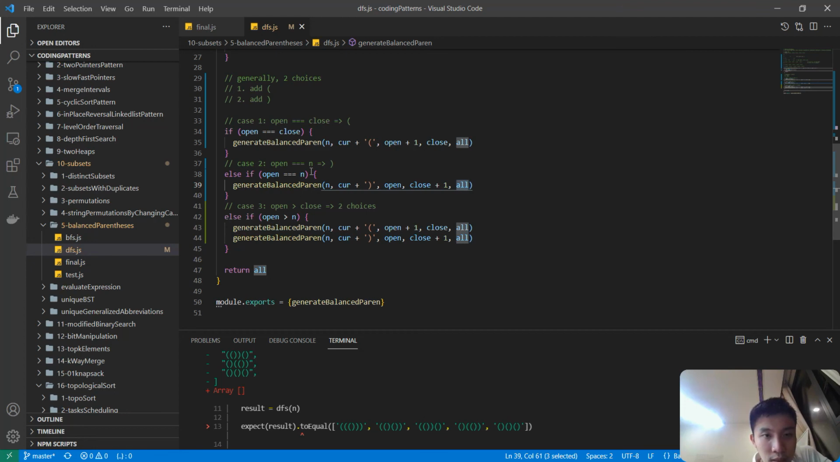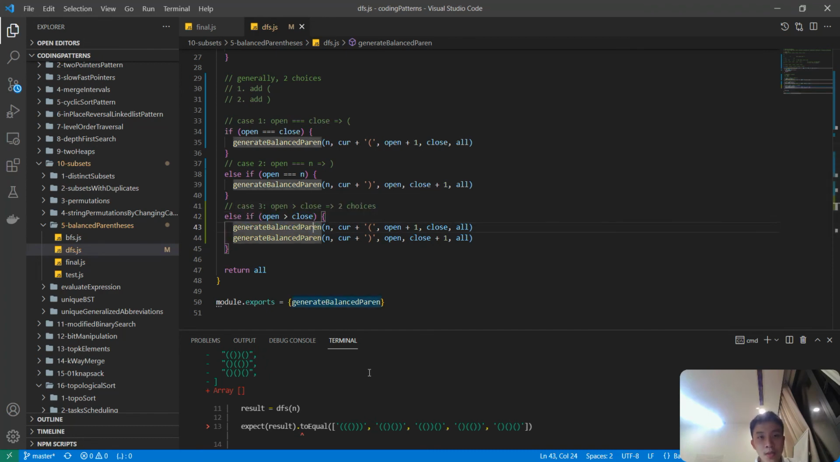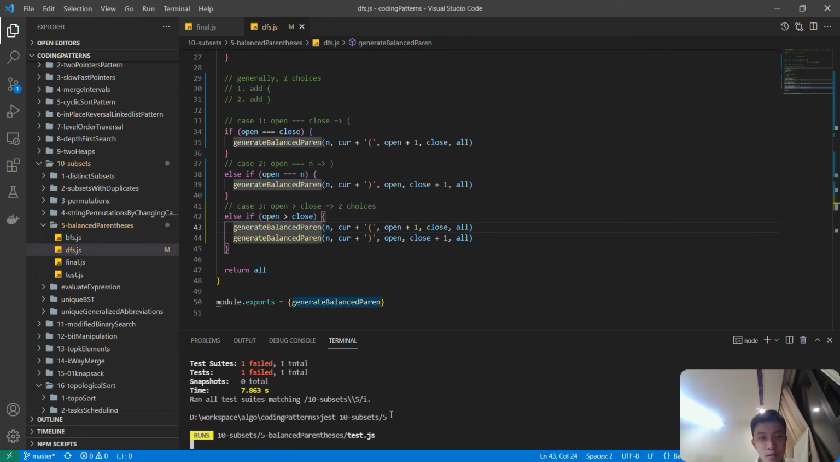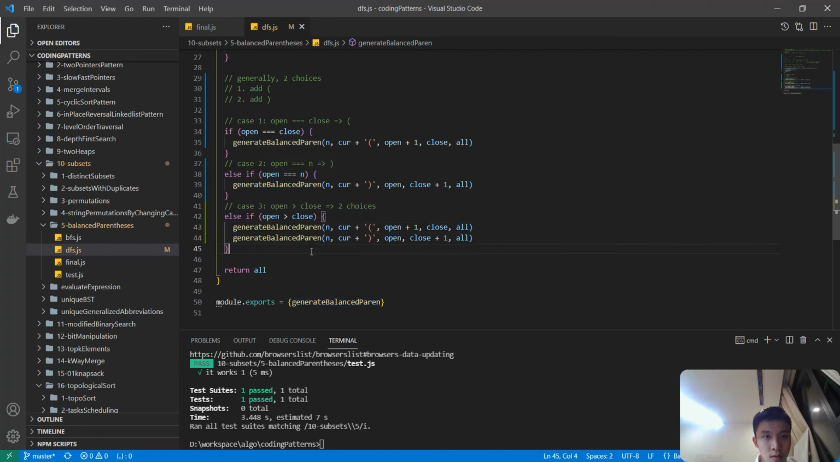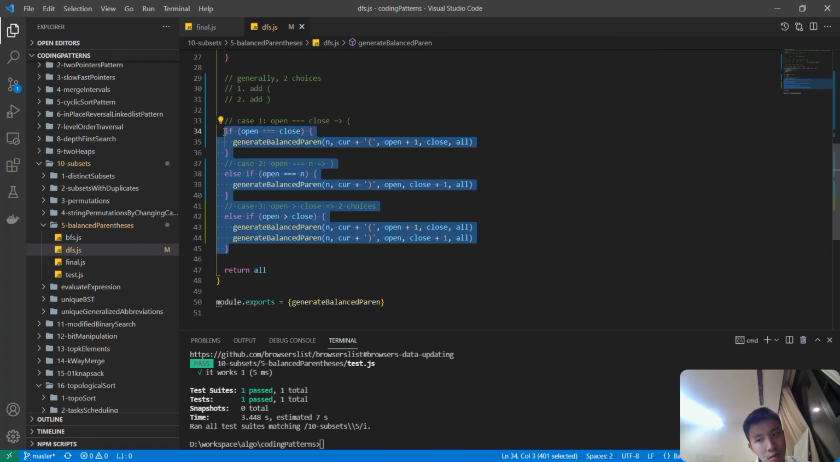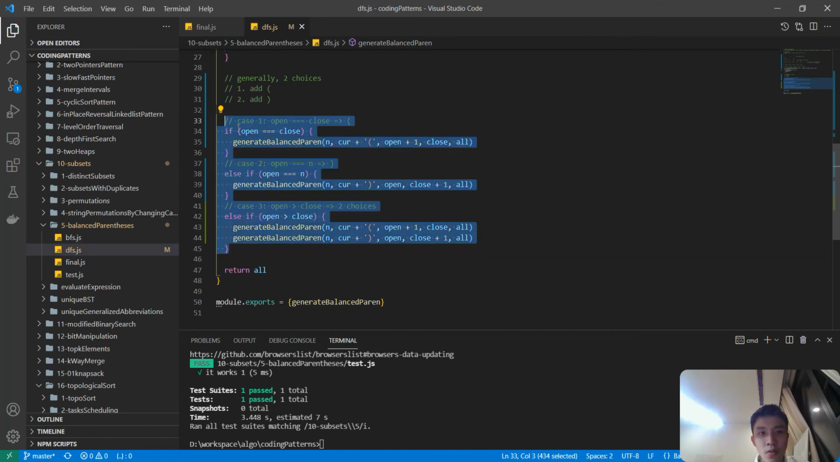Or if these are not the case, open greater than, oops, it's wrong here. Open greater than close, I have two choices. Open greater than close, and if it's not one of the cases, right? Absolutely, this logic can be shortened down, but I think you can do it by yourself. It's been a long video already, so maybe I will do that. I will try to shorten this logic